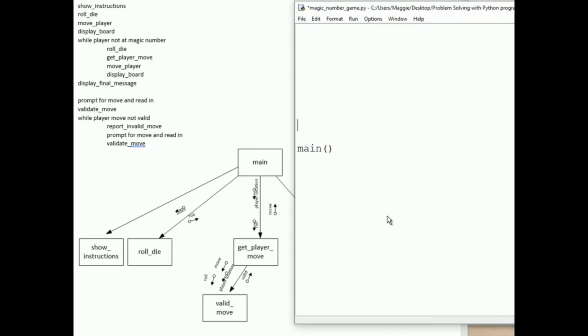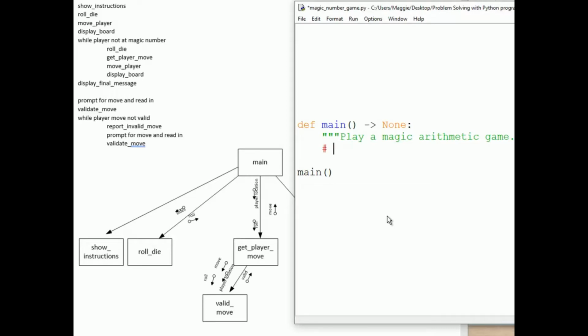We'll start a new Python script and, at the bottom, write a line to invoke the main function. We'll define the main function, def main, open paren, close paren, arrow None, colon, and then we'll put a docstring just under the header, play a magic arithmetic game. Now, working from our pseudocode and our planned functions within main, I will block this out in comments,